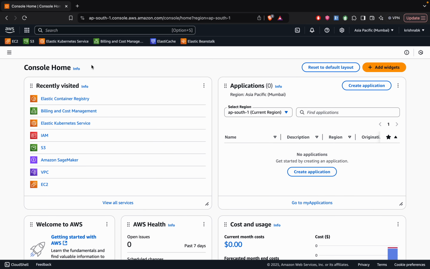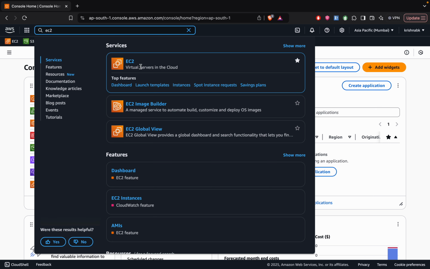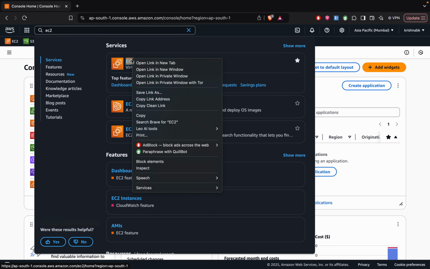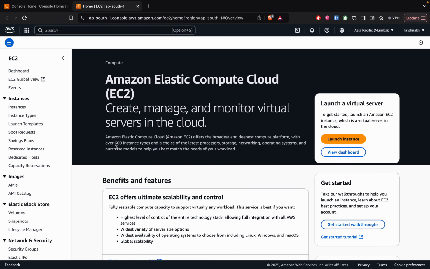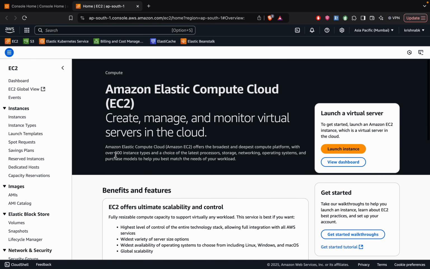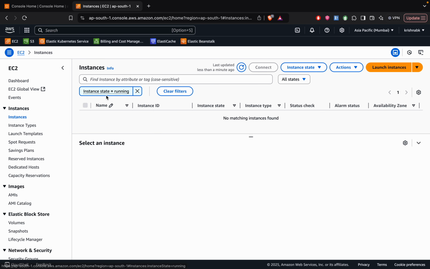This is my AWS console. Here you can see, if you are starting for the first time, you can search for EC2 instance, virtual server in the cloud. So I'll open this one. This is the first home page for EC2 instance. When you come into the dashboard, it will show the instances here. Click on this,